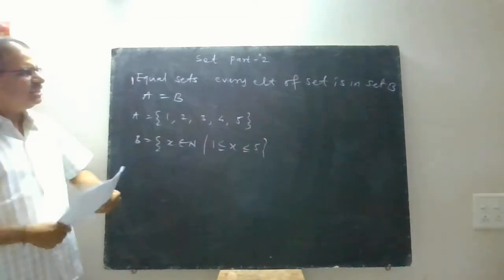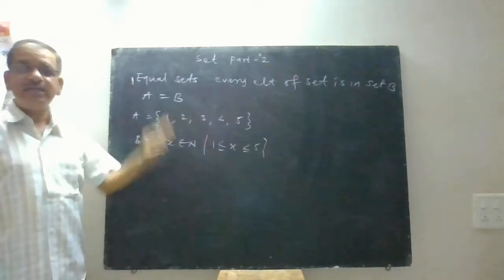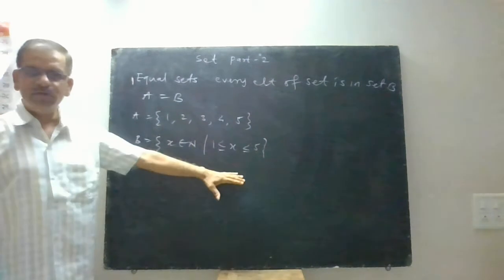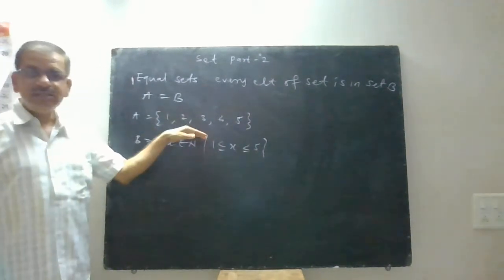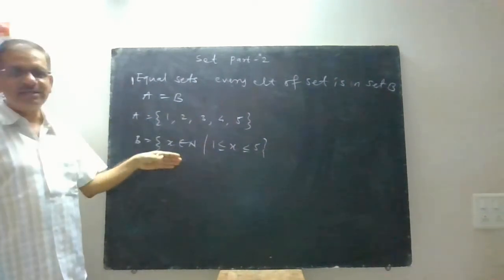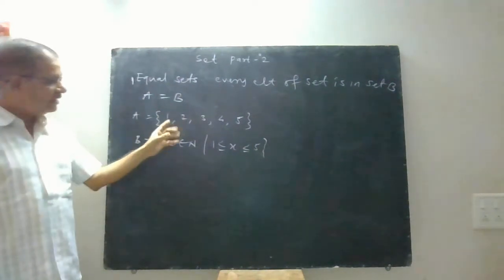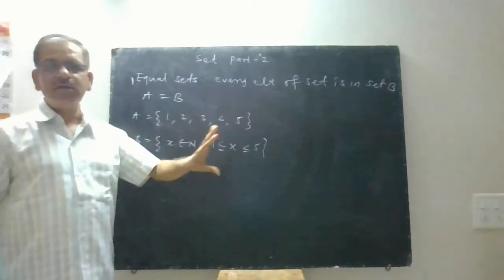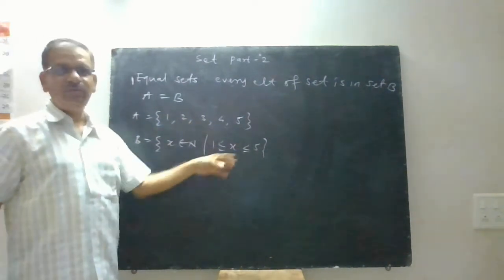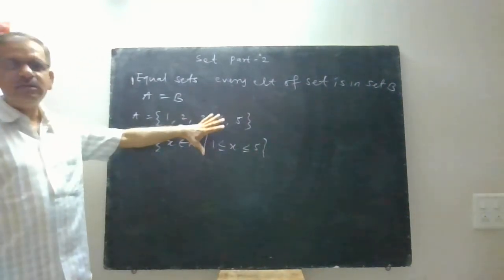Now in short, when do you say two sets are equal? If they have exactly the same elements and exactly the same number of elements. There are 5 elements here, and there are 5 elements there. The 5 elements in this set are exactly the 5 elements in the other set. So if elements are the same and same in number, then we write A = B. Elements may be written in a different order, that is possible. Here we write 1, 2, 3, 4, 5. You can write 5, 2, 3, 1, etc. Now I think you understand what we mean by equal sets.